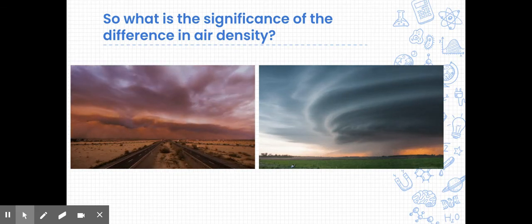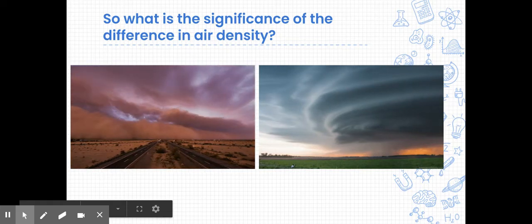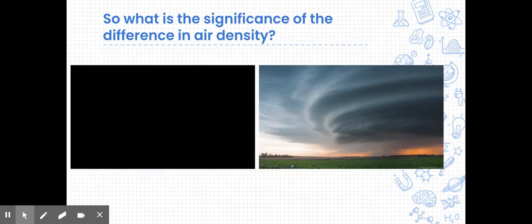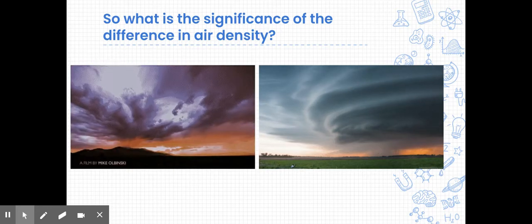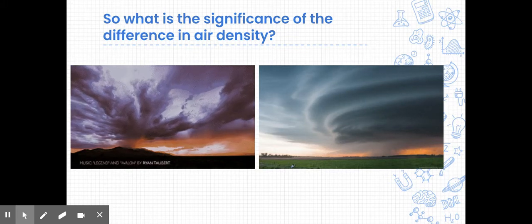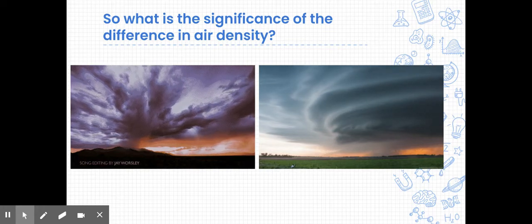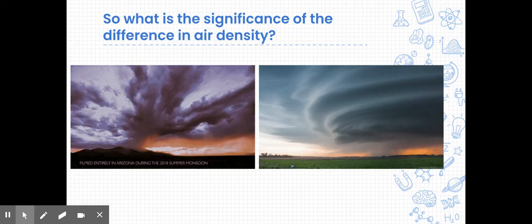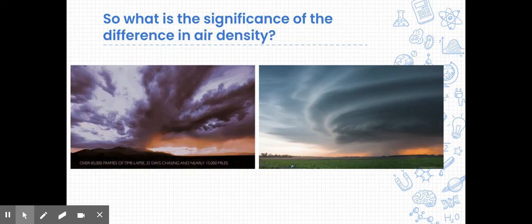So, what's the significance of air density? This system of hot air rising and cold air sinking, it's really what drives the Earth's energy. These air currents, then, that rise and fall of the different densities of air, the hot and cold, are what create storms, including hurricanes, tornadoes, our monsoons. Strong updrafts of warm air create cumulus clouds. And cumulus clouds look like those little floofy clouds. They usually have a flat base, and these clouds actually typically grow upwards. So you'll see that kind of anvil-shaped